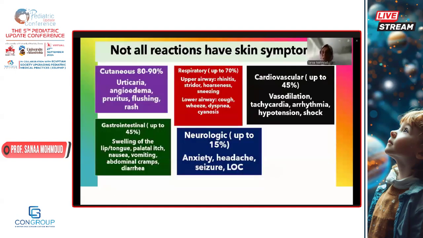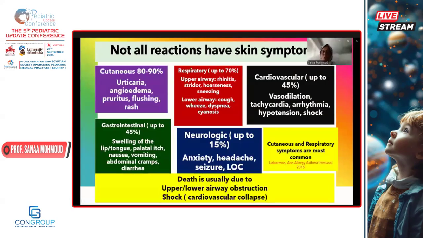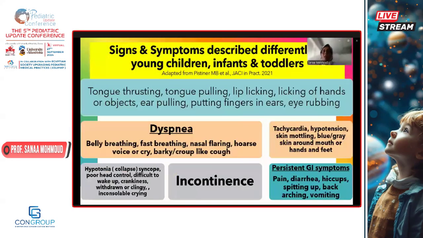أنا بقول مش كل الرياكشنز عندهم سكين، زي ما قلت الميجور سيستمز ريسبيراتوري كارديوفاسكولار نيورولوجيك GI وكيوتينيوس. وساعات الكيوتينيوس والريسبيراتوري هم أولدو ده موست كومن ما بيبقوش واضحين. ديث بيحصل طبعا كومبرومايز. الساينز والسيمتومز في الأطفال البيبيز والتودلرز ما بتبقاش واضحة جدا. تانج ثراستنج، تانج بولينج، ليب ليكينج، إير بولينج، putting the fingers in the ears، آي رابينج، ممكن تبقى ساينز أوف